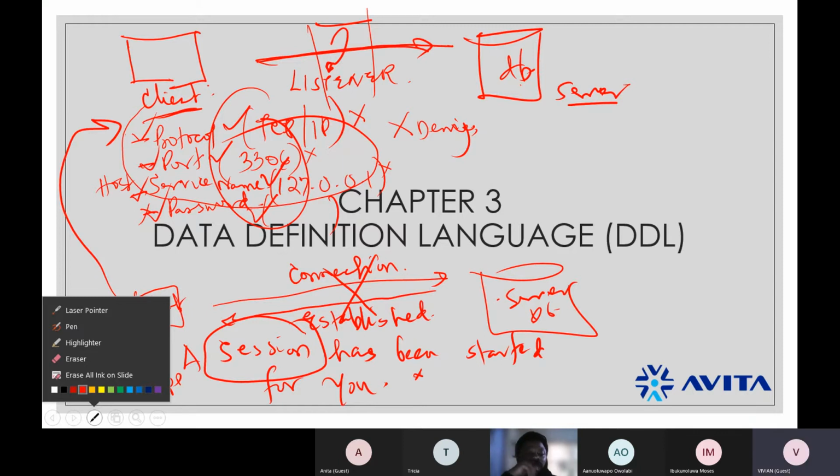Sir, could you please throw a little light on instances? You talked about the listener, the middleman connecting the client to the server to get the database or something. You made a mention of instances. Let me understand it all.